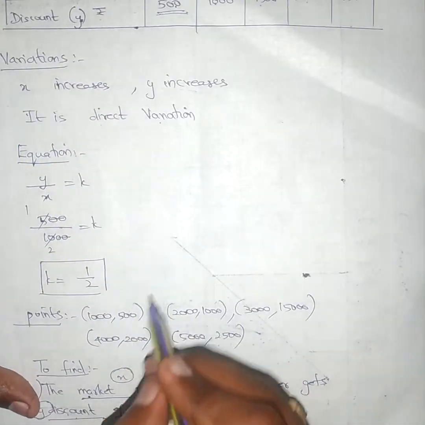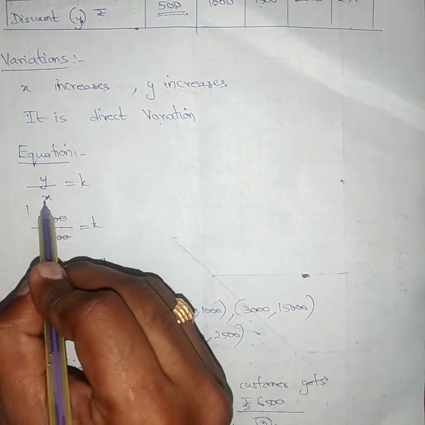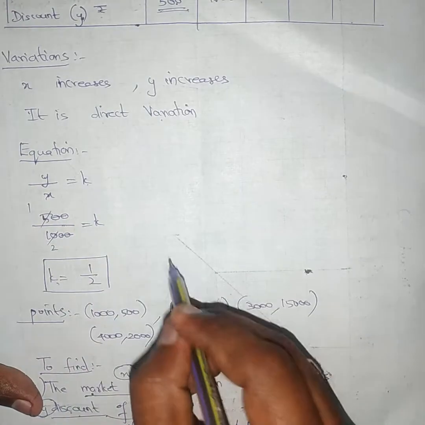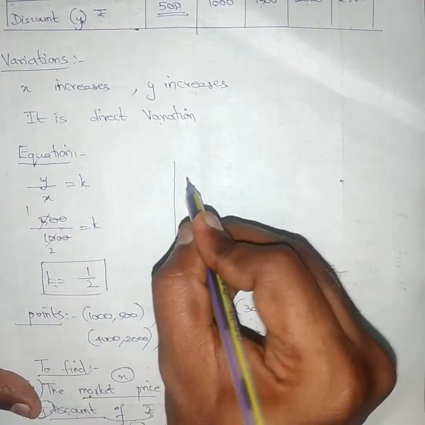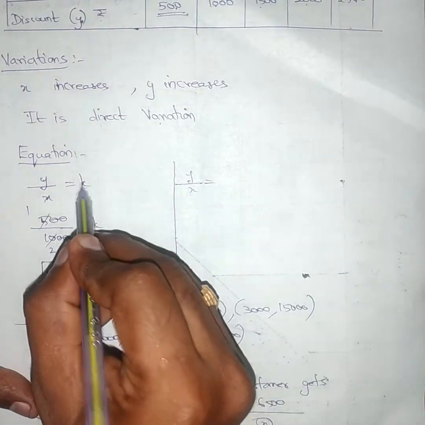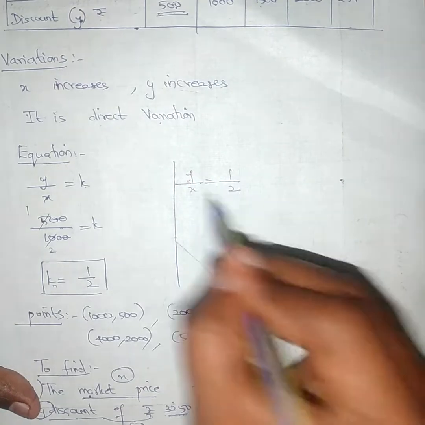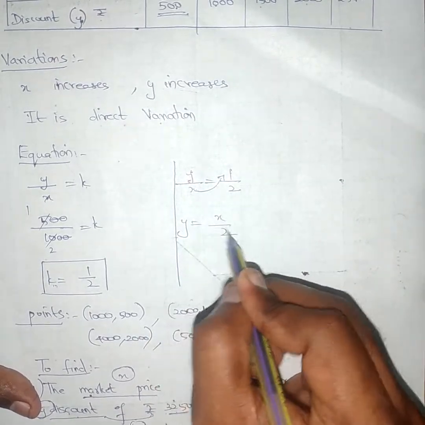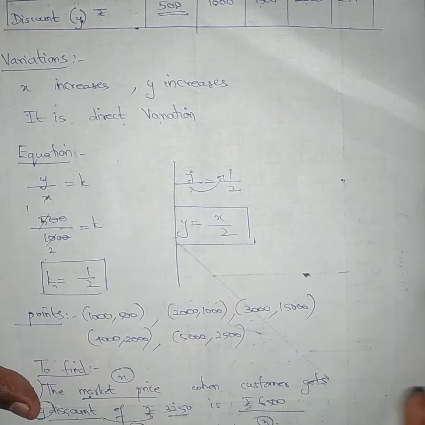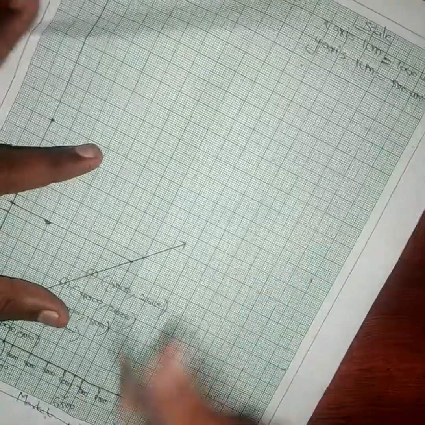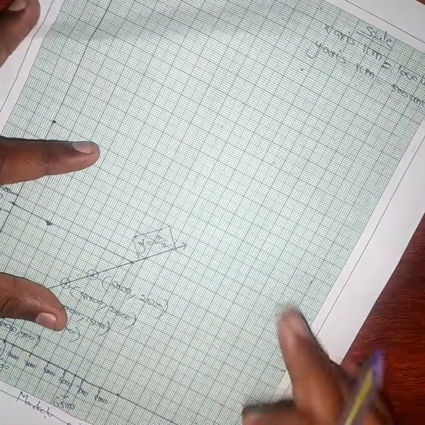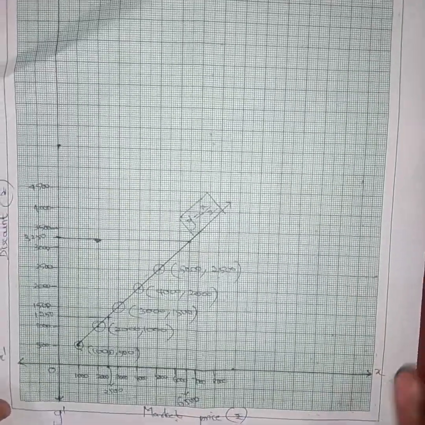Now, afterwards, what do you want to do? Since here y by x is equal to k, what is unknown here? k is unknown, so I need to put it here. See, this is very, very important. y by x is equal to k, and k is 1 by 2. This x moves here: y is equal to x into 1, which is x by 2. This is our required equation. y is equal to x by 2. We need to write it here: y is equal to x by 2. Put a box. That's all. With this, I am finishing this special graph.